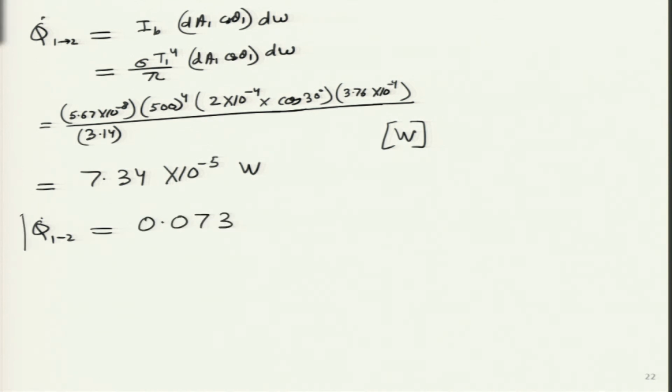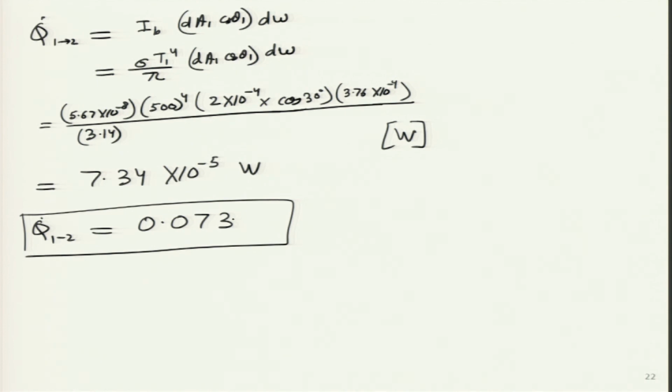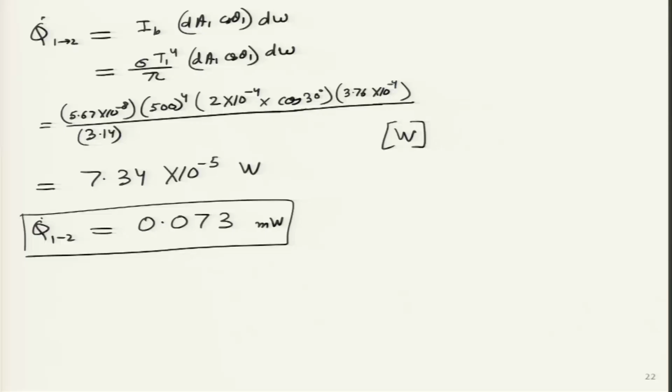So, it turns out to be 0.073 milliwatts. Just imagine, a very small amount is actually reaching that particular point, but what we can learn from there is that there are ways in which we can increase it further. In this calculation we have figured out what number of watts is emitted by this surface and is reaching that surface.